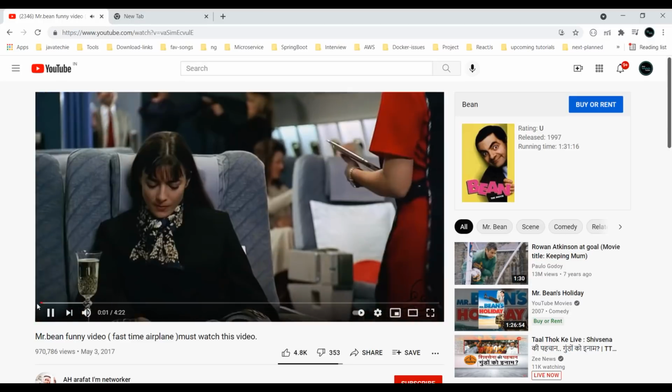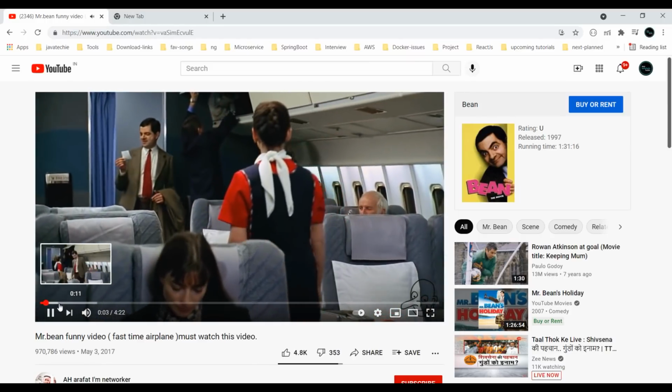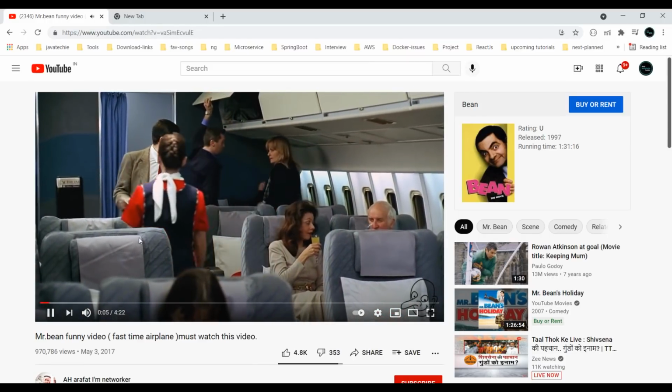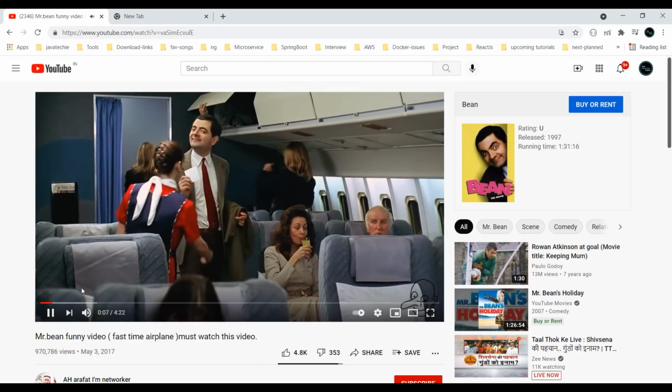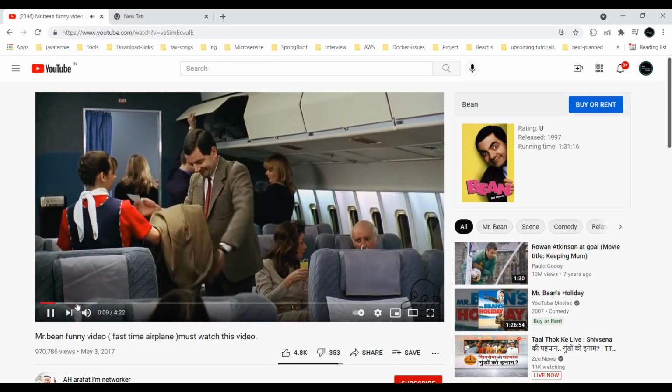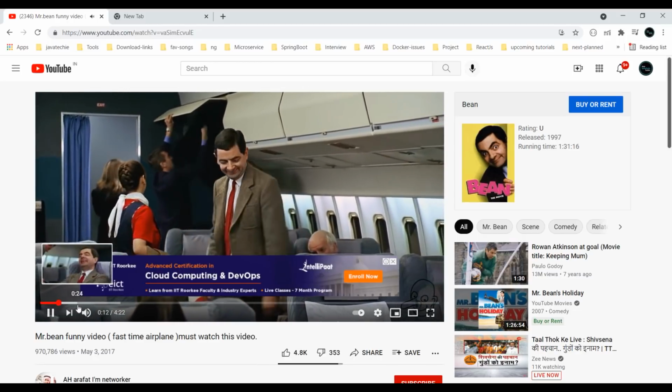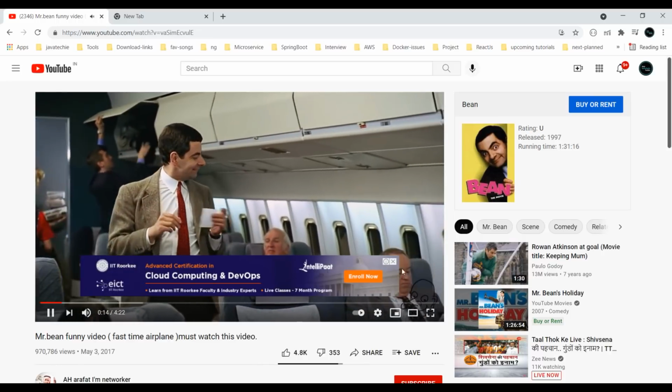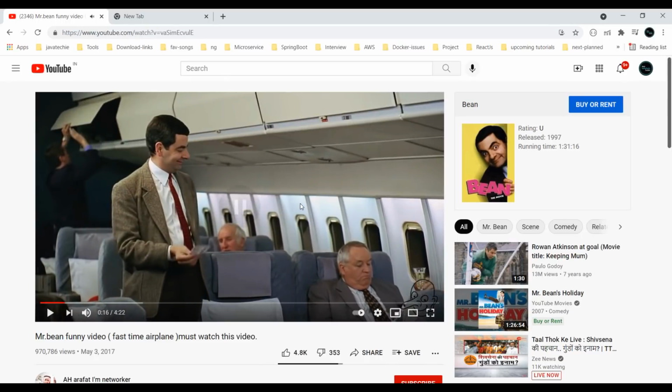So if you observe, initially it gives me this content, and then this YouTube browser will keep sending requests to the YouTube server to get the next chunk of video. You can find that if you see this progress bar, you can see it keeps going, right? It means this browser keeps sending requests to the YouTube server to get the next chunk of bytes to show this video to the end user. So they want to keep the user engaged to watch the video. That's why they are using this streaming fashion.